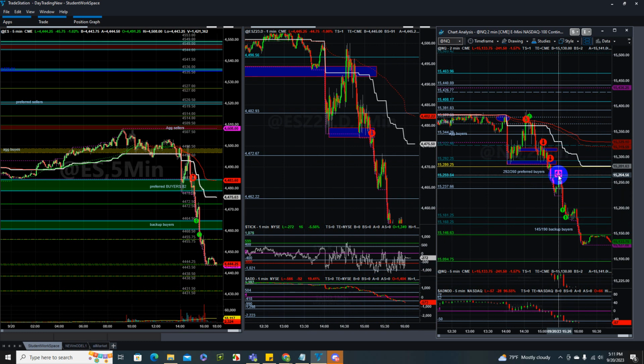So there are a lot of opportunities. You just need to know how price is moving. Preferred buyers to preferred sellers to buyers. If it goes through it, it will most likely continue. See, you need to know the target, where they are going after. After seeing this price action, if price couldn't go higher, now you know they are looking after this, right?